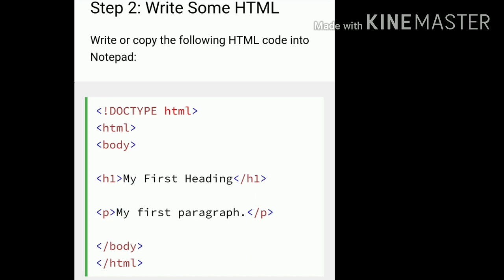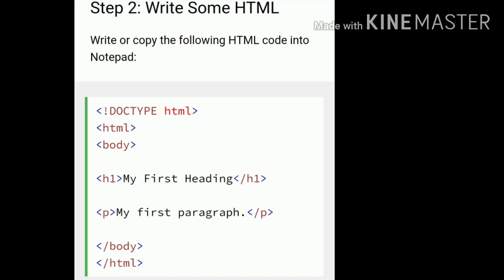First, you type the less than symbol, then exclamation mark, DOCTYPE html. Then the html tag and body tag. After that you write an h1 tag, with the text my first heading, and close the h1 tag.